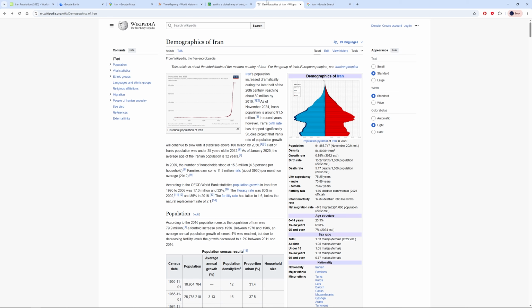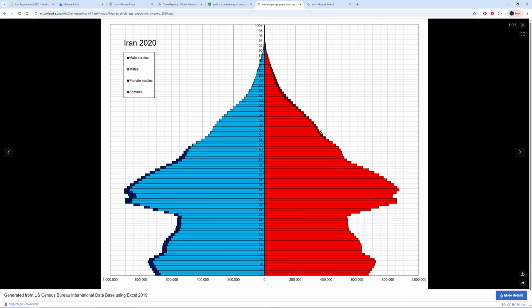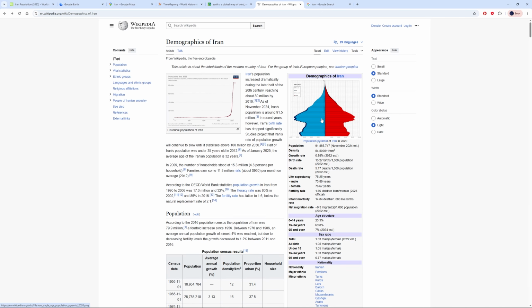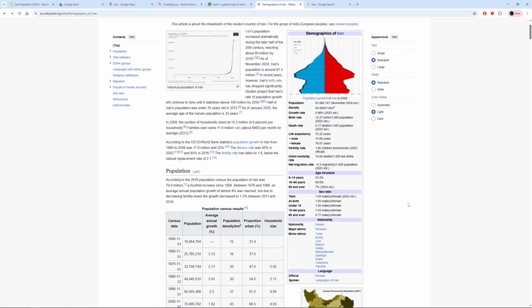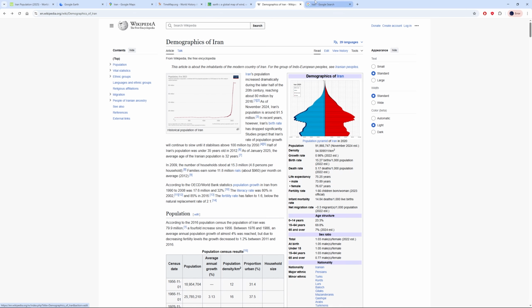Now on the demographic side, you can see that Iran has this pyramid which doesn't suit them well. That shows not a lot of new people. Like I said, those fertility rates have been low for quite a while, and you're gonna see it here. So yeah, not a great place to be in the future, I'd say, but who knows, maybe they can pick themselves up, but I highly doubt that.